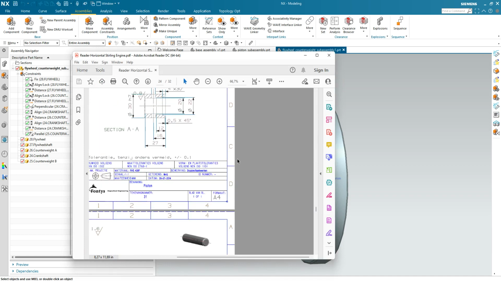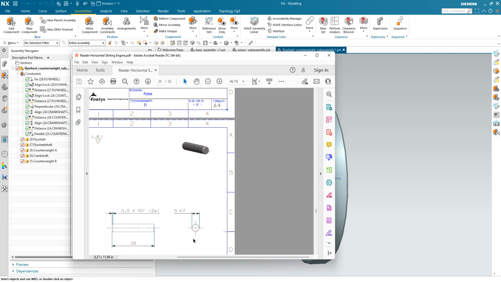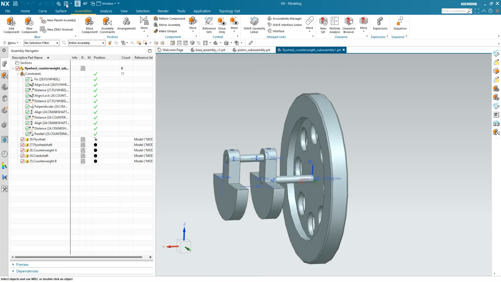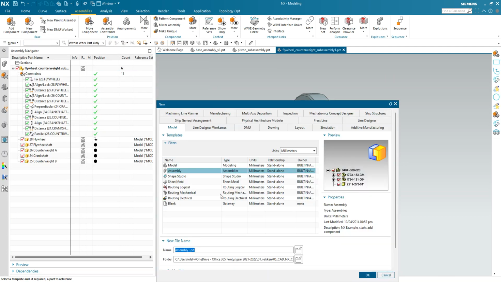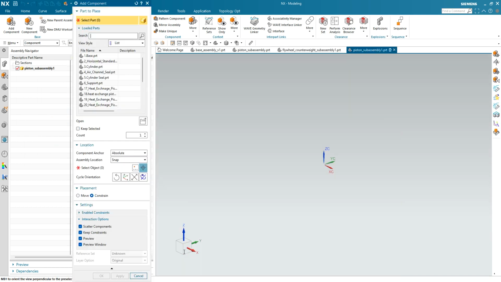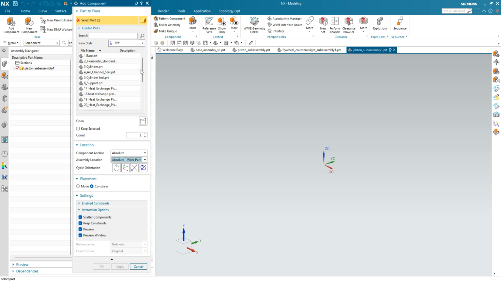Okay, we're going to make a very simple last assembly, and that's from the piston and the piston pin. And there we use symmetry to get this positioned correctly. Okay, so we go to File, new, and we do piston sub-assembly. Let me see what part is 31. Yeah. So we go to absolute work part,